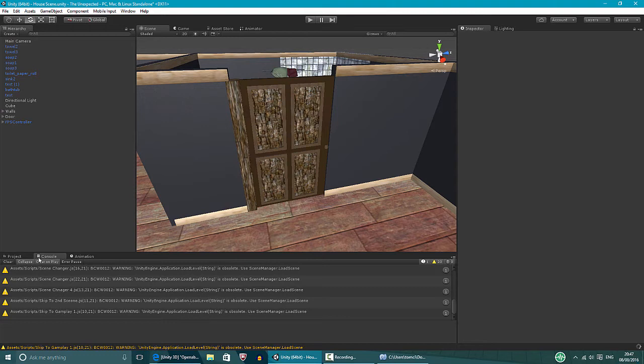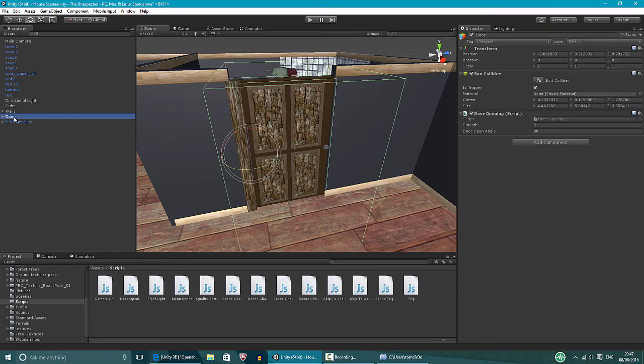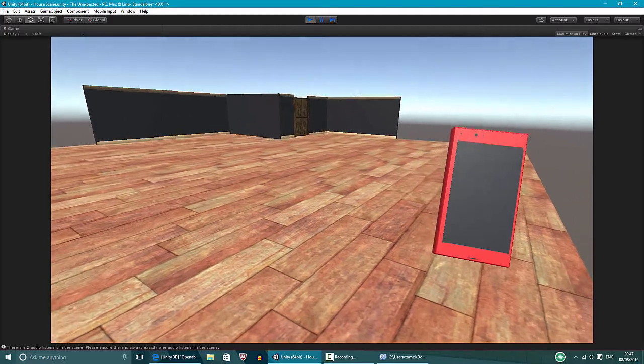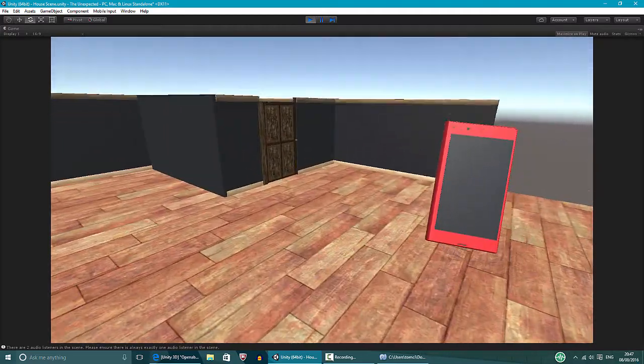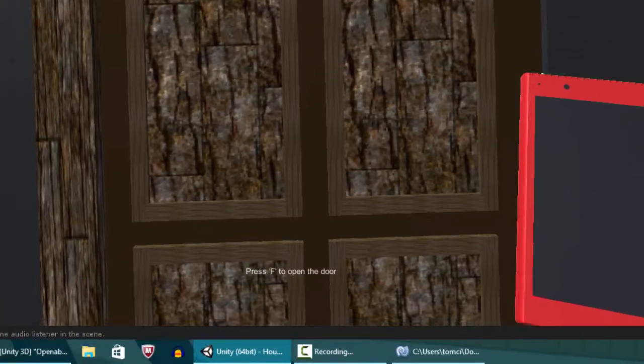There shouldn't be any errors in this code, and we will get this door opening code onto our door. So it should be like this. Oh, and look, you can change the variables in here. So now we will test this out. So I'm in the game. I will run up here, and if I come close, there we go. On the bottom it says press F to open the door. So if I press F,